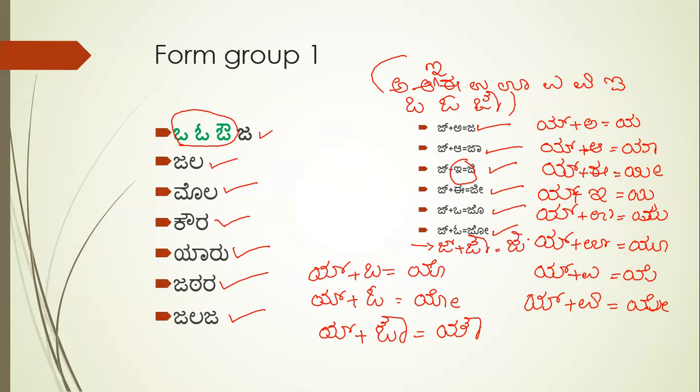So here I have not covered ow, so I'll write here j plus ow is jau. Okay, so I'll tell you one thing. If you take the stroke from inside like this, it is jau. If you are writing here, this is ow. Okay, don't get confused. When you are writing ow, it should start here, and when you are writing jau, it should start from inside. Okay, hope you understood. Let's go for the next group.